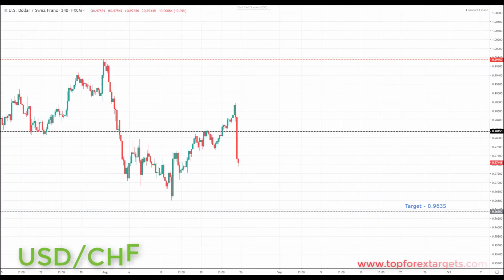So next market we're going to look at is US dollar Swiss franc. Now last week we highlighted the 0.98150 to start to look for declines to the downside. We did break above it slightly, but then we did get this big sell-off to the downside. So very simply put, going into next week, we're looking for further declines to the downside in this market.